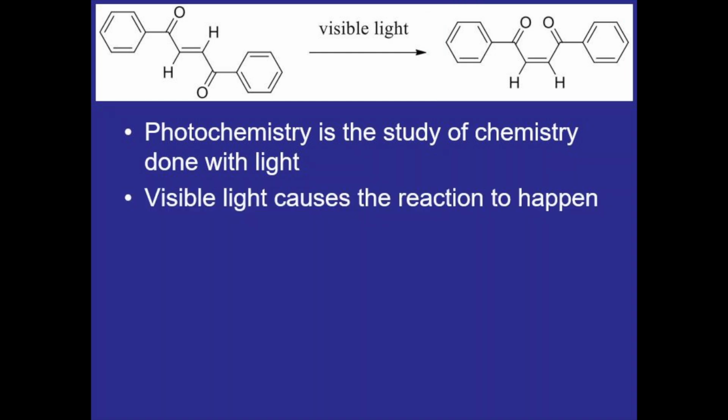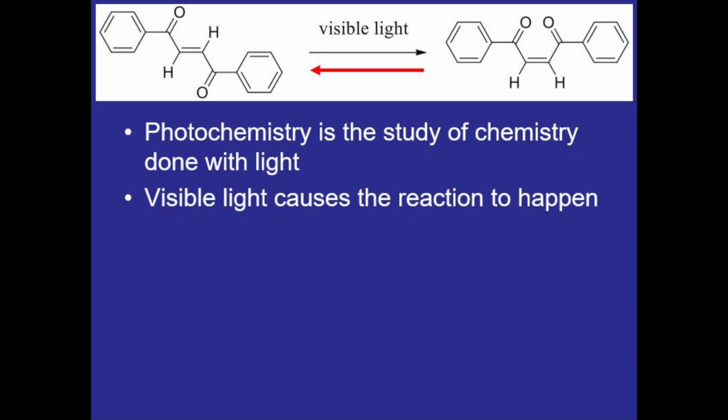And now you might be thinking, well, wouldn't it also be able to just reverse the reaction then? Couldn't it react with the electrons in the pi bond of the cis isomer, exciting an electron to isomerize it back into the trans isomer? But that actually doesn't happen because of the shape of the product and how that shape affects the energy levels